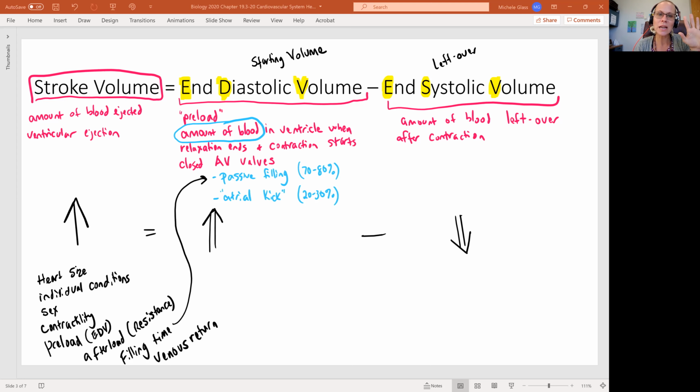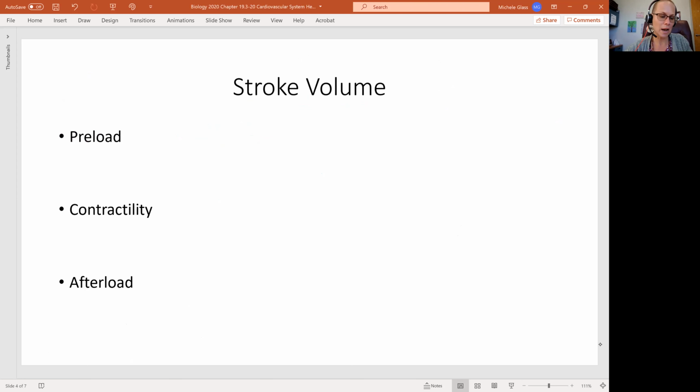So if you take your starting volume and subtract what you are left with, then you know how much was ejected. And how much was ejected is the stroke volume. Ideally we want a pretty good sized stroke volume. So this is getting that blood really effectively moving through our circulatory system. And so ideally we need a high starting volume, a high EDV, and we need a low leftover volume, a low ESV. So what we are going to look at next are the specifics around